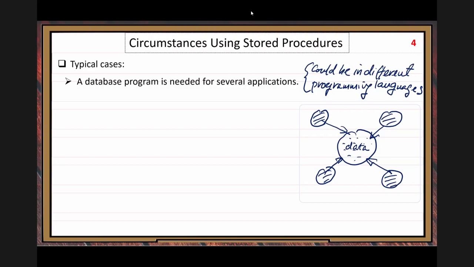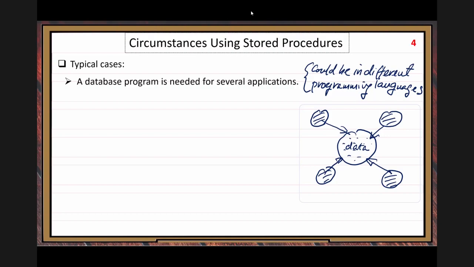So here the question is, for all those different programming languages, when you need to call the same data service, which way is more efficient?